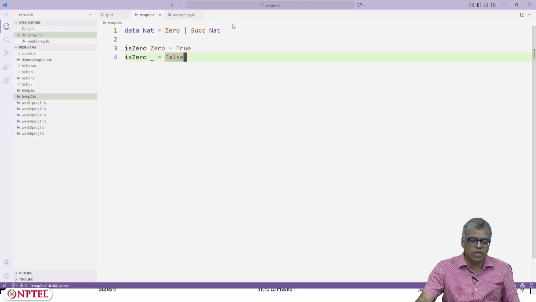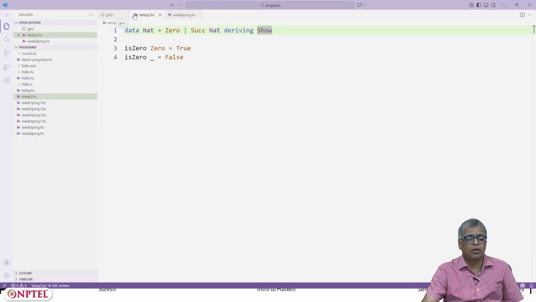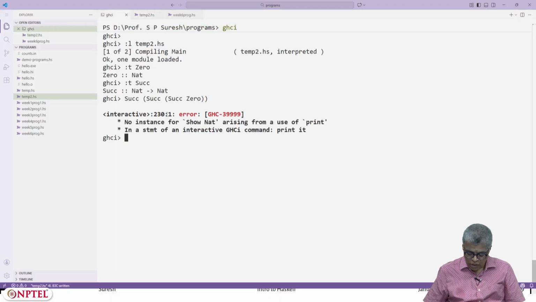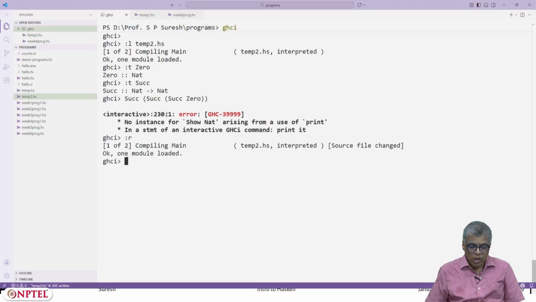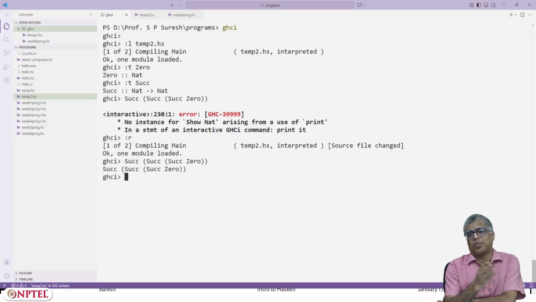Let's just say deriving Show. Now you can actually ask for what is Successor of 0. It just prints an internal representation of Successor of 0.